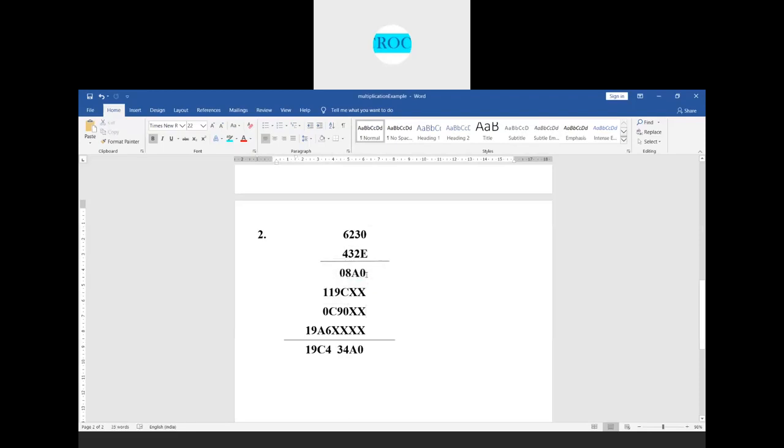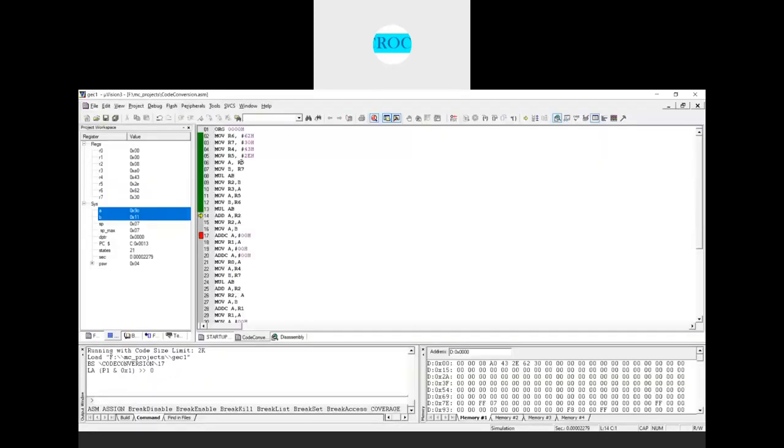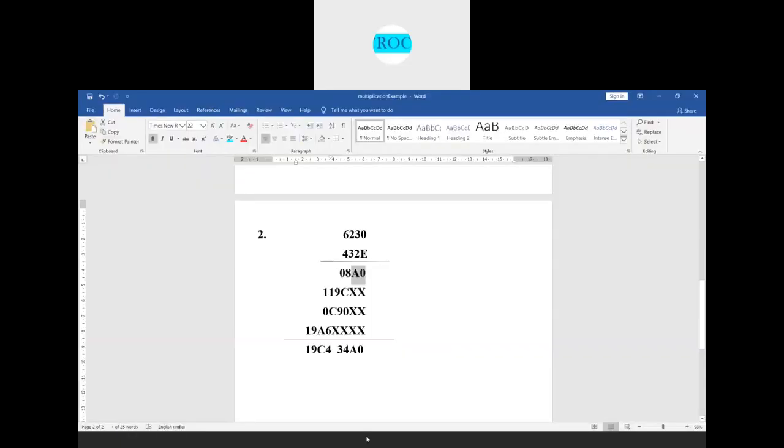9C. Now we know that this A0 content, which is the lower byte, is moved into the R3 register. The higher byte I moved into the R2 register. Whatever is the higher byte in R2 needs to be added with 9C.